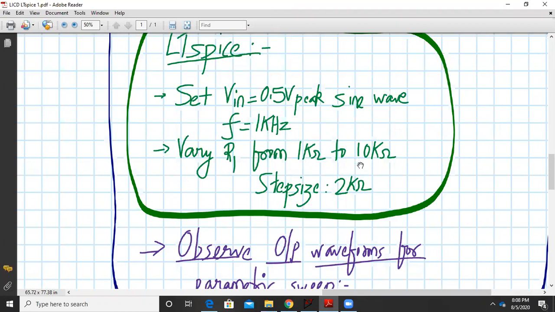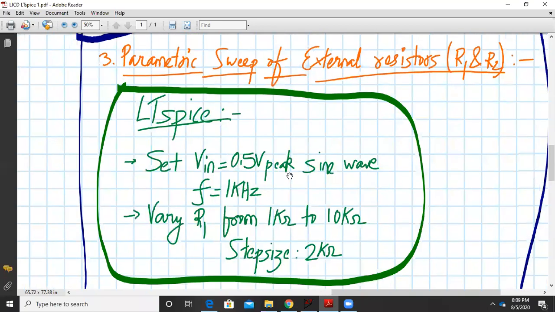Frequency is 1 kilohertz, and now we have to vary R1 from 1 kilo ohm to 10 kilo ohm with a step size of 2 kilo ohm. Okay, so let us do that. Okay, so let us try this out. Parametric sweep of external resistors R1 and R2.